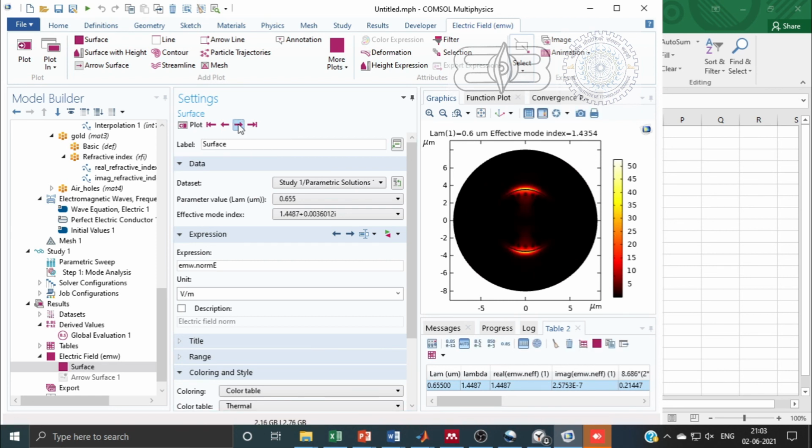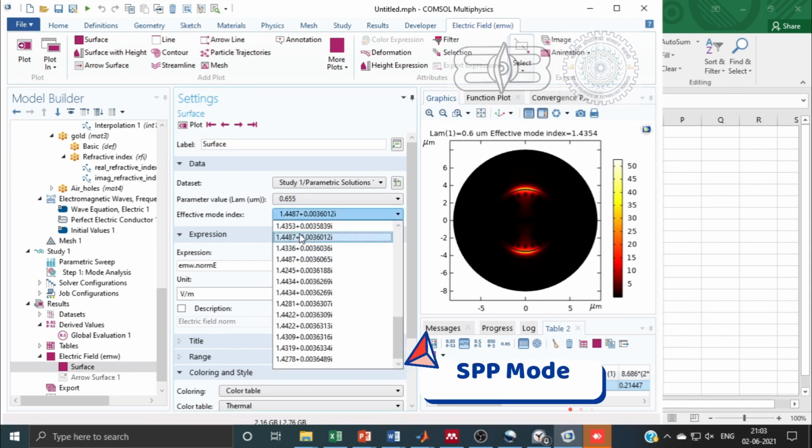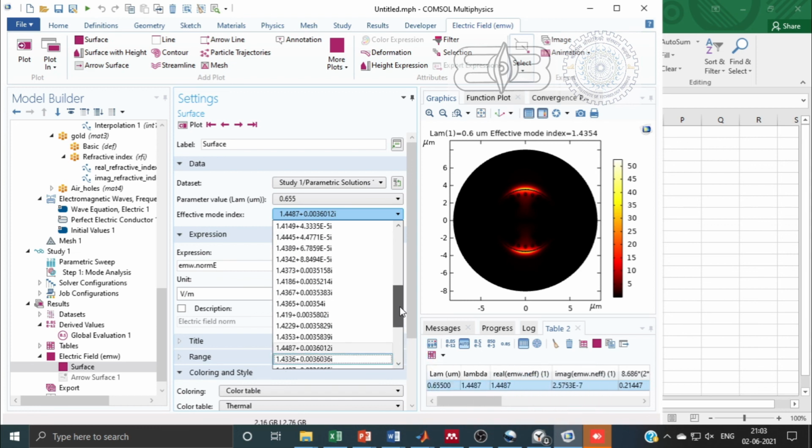So yes, this is the SPP mode which we will use, and we will find its effective index also, and we will follow similar steps. I will search this, 1.4487 plus this, in global evaluation.